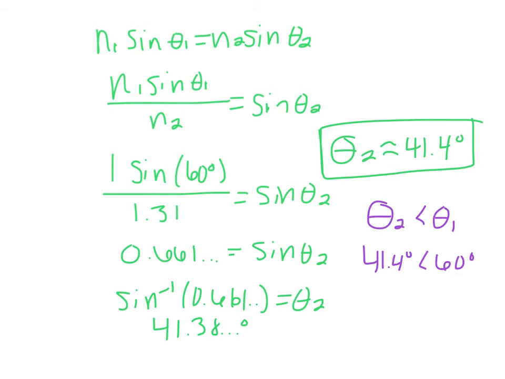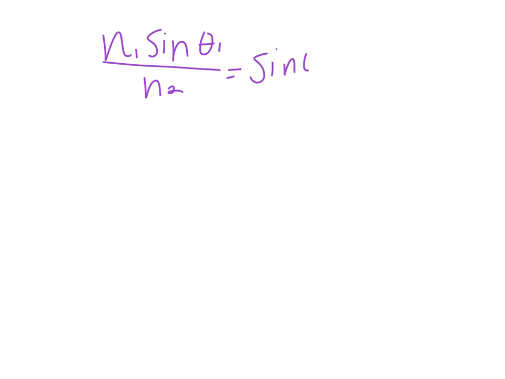Let's look at part B now, where we're looking at the different index of refraction. I'm just going to skip down to this step right here. So we've got N1 sine theta 1 over N2 equals sine theta 2. So 1 sine 60 degrees over